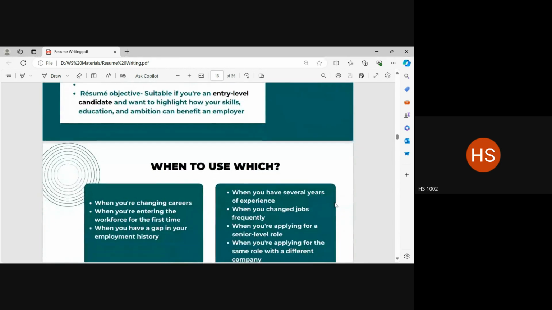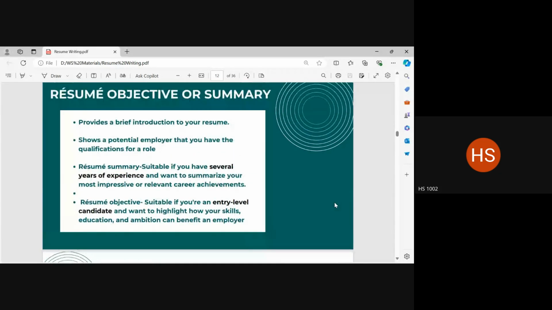Now, this might also make you think, wouldn't somebody with several years of experience have an edge over me, who is an entry level applicant? That might be true in some cases, but it might also not be true. Okay? Do not prejudge that just because you are an entry level applicant, your resume is going to be weak.